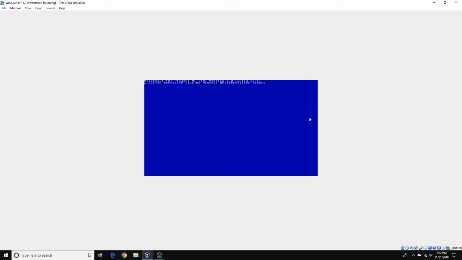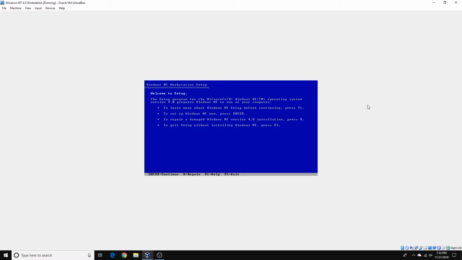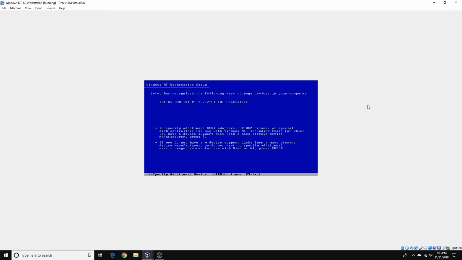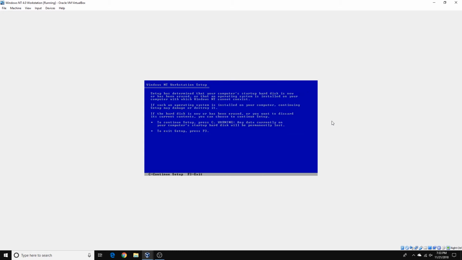Alright, it's just inspecting the amount of memory in the system. It might take a minute or two, so just be patient. Alright, it's in the setup, so we're going to press enter to continue, and then we're just going to have a PCI IDE controller. And now we're going to press C to continue the setup,